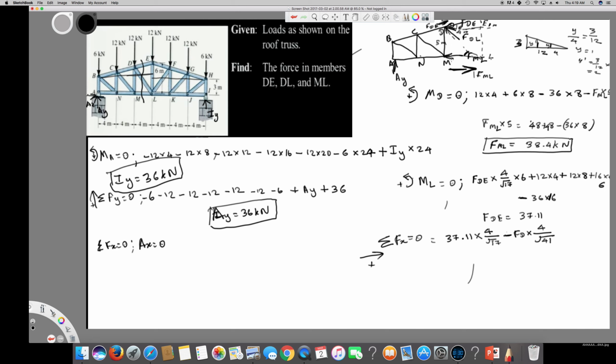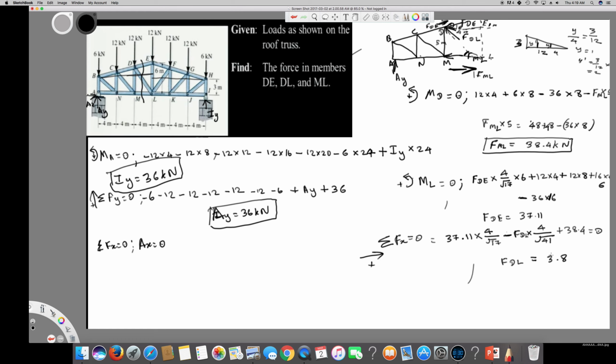And then we have ML acting in this direction, it's a positive direction. So if I calculate ML, it's already calculated, it's plus 38.4 kilonewton, equal to 0. So from this one, by the look of it, we see we took the right direction. So the direction is not going to change. So if we calculate FDL, it comes out to be